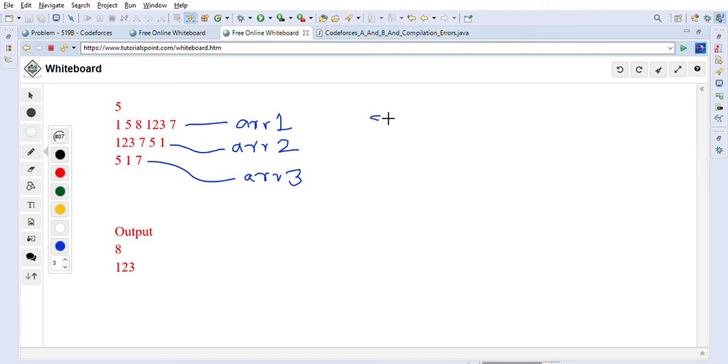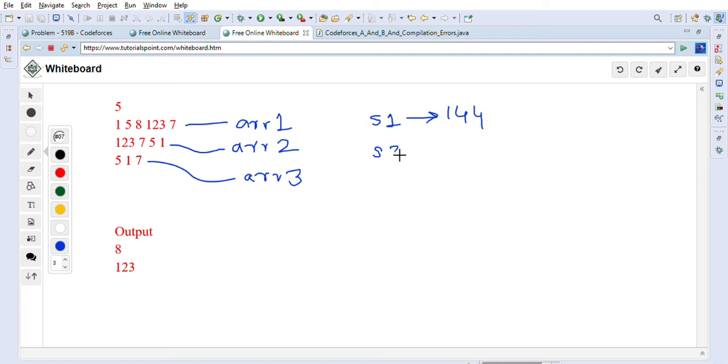Let's say this is sum 1, which is the sum of these elements. 123 plus 7 is 130, plus 8 is 138, plus 5 is 143, plus 1 is 144. 144 is the sum of these elements.